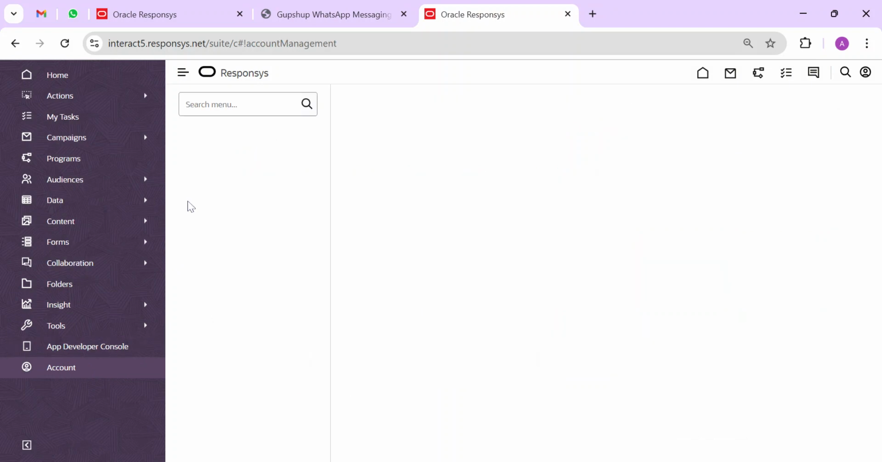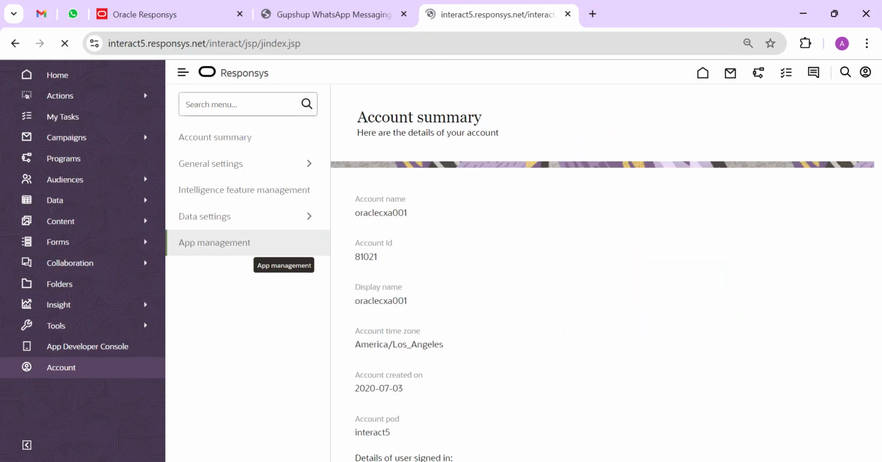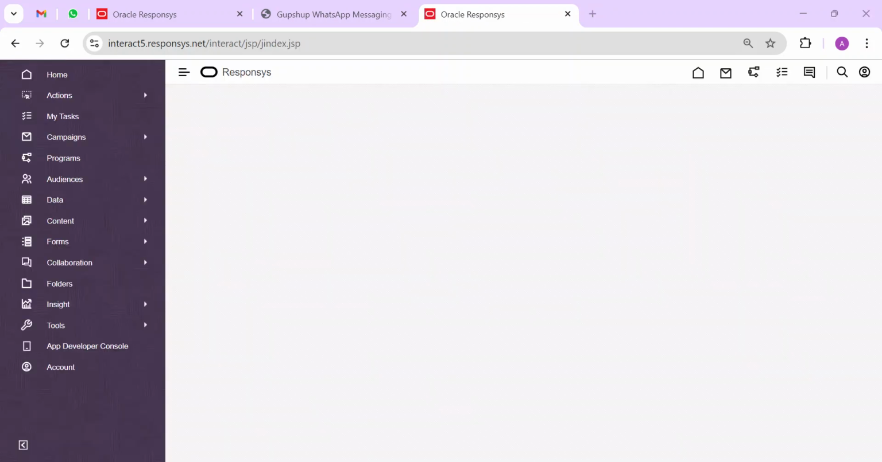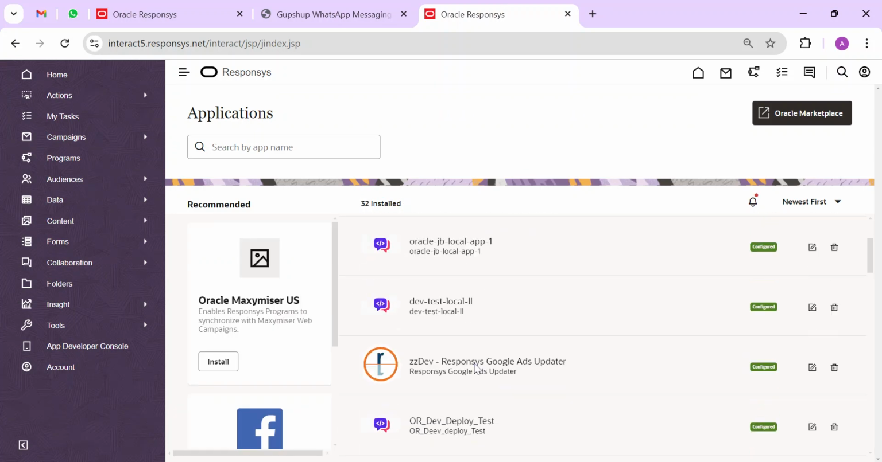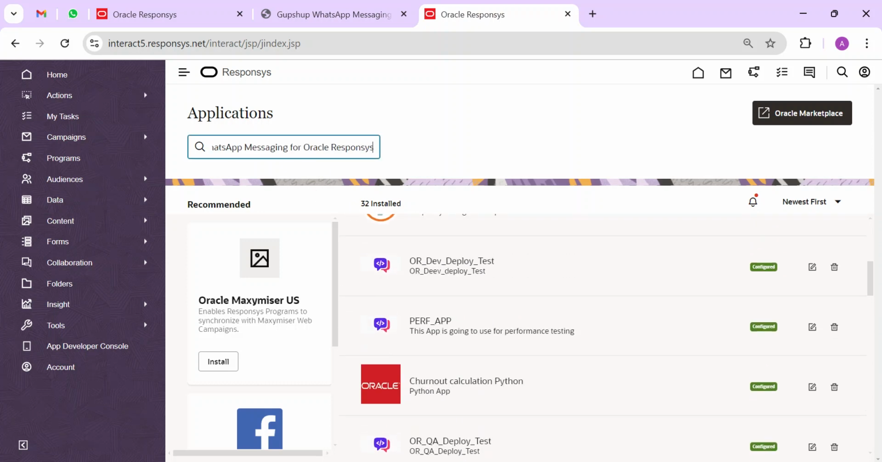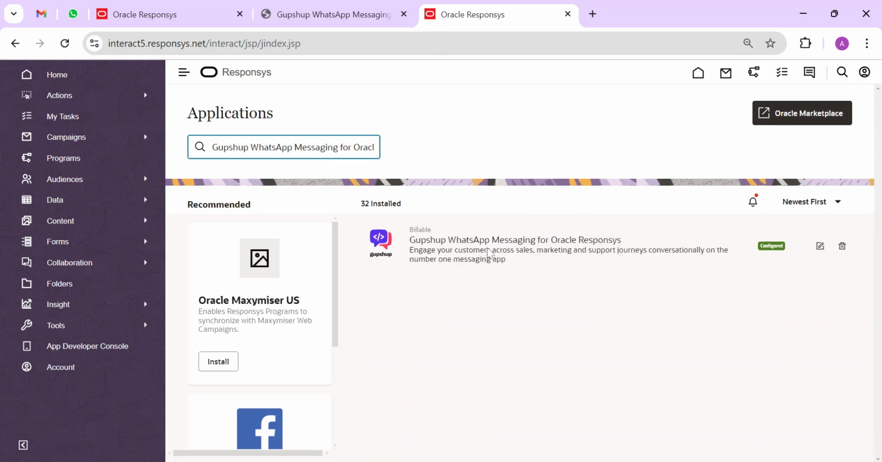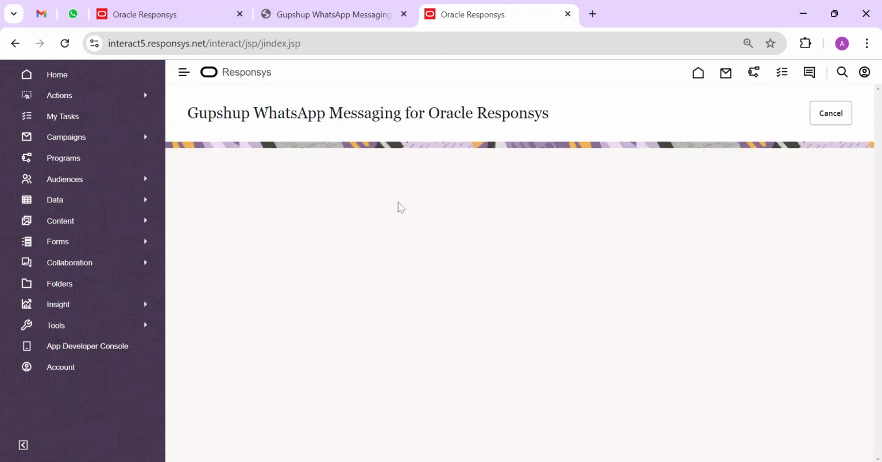We need to again go to the account, app management. Here you can see there are a total of 32 applications installed. You can manually search for the Gupshup app, or you can directly type the Gupshup WhatsApp messaging service for Oracle and just click on the search button. It will get the app. This is the app name, and here you will see the edit button. If you click on this edit button,